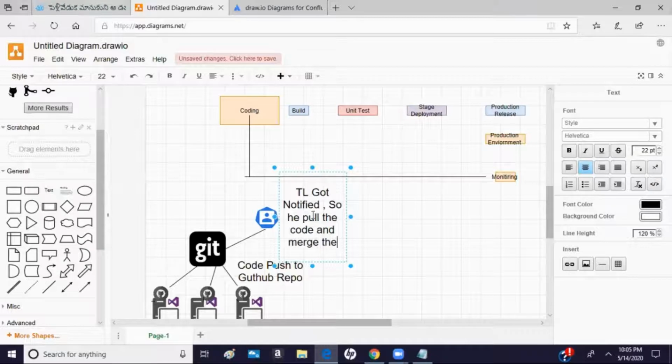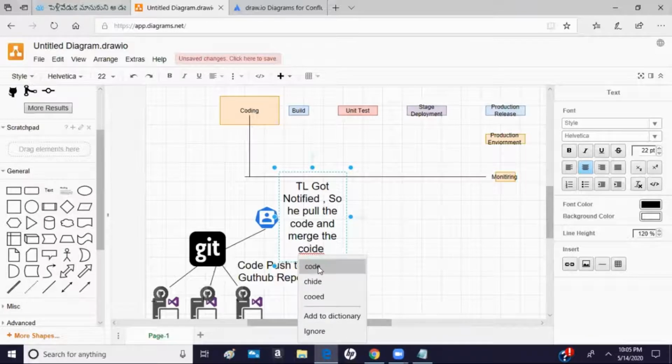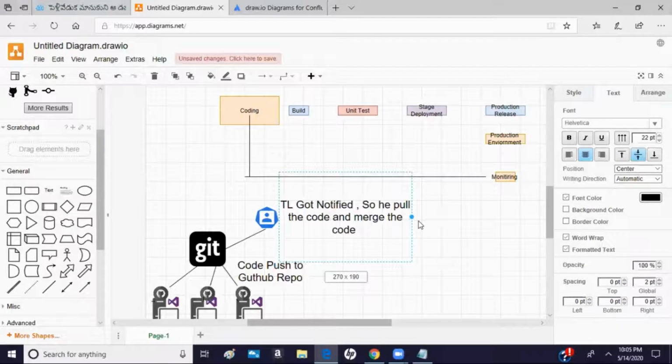Because every developer is pushing their own piece of code, the TL's responsibility is to pull the code and merge it into a single unit.